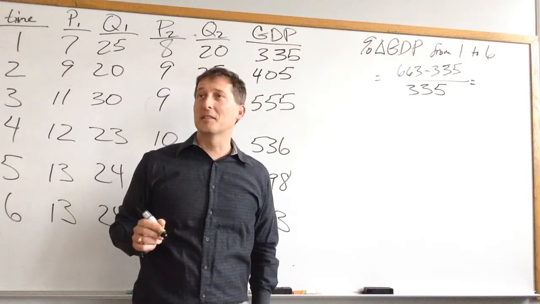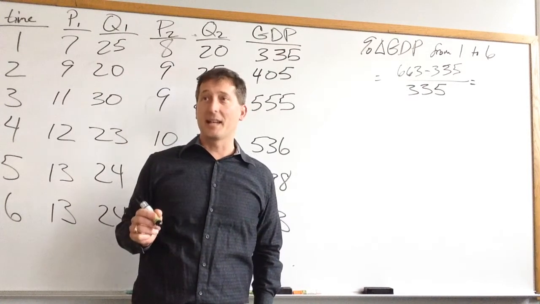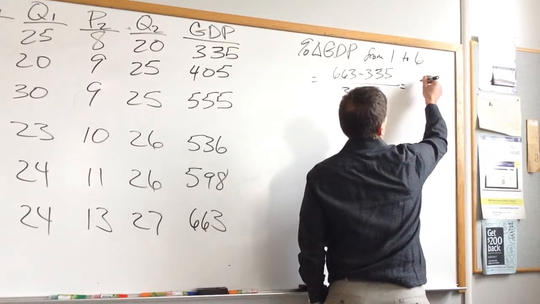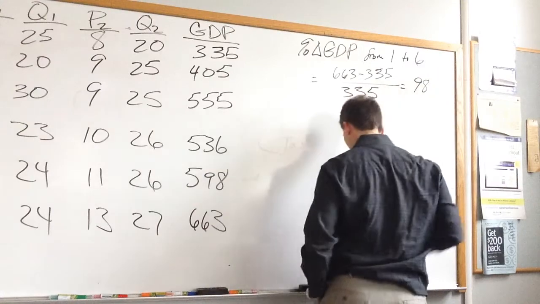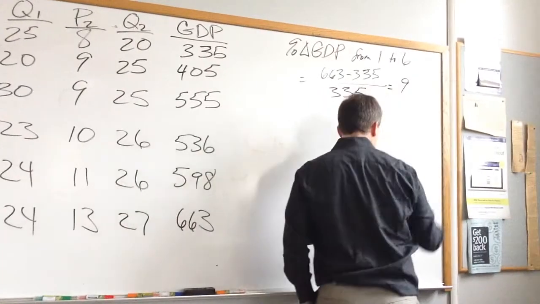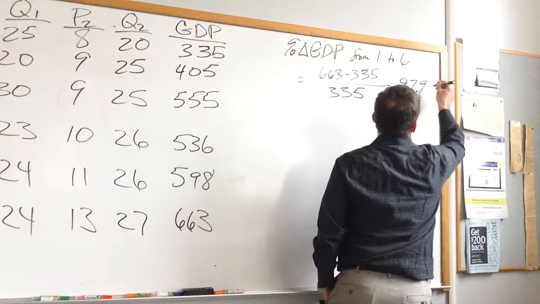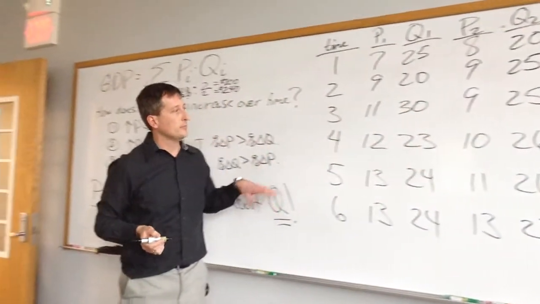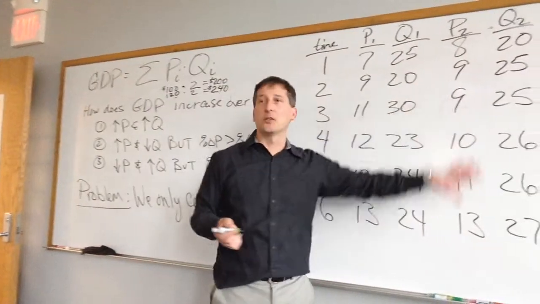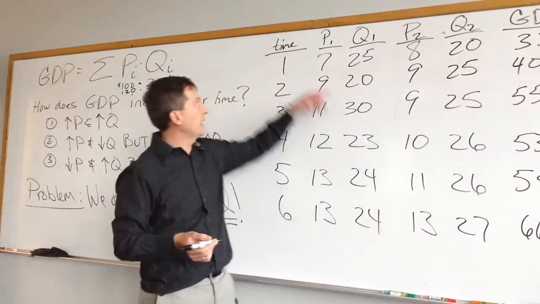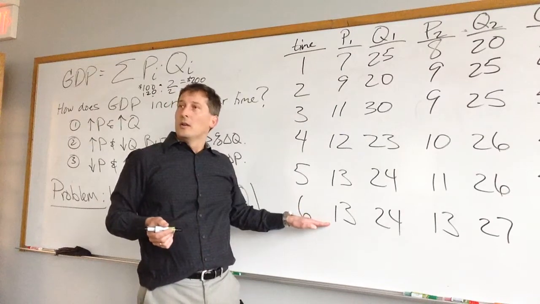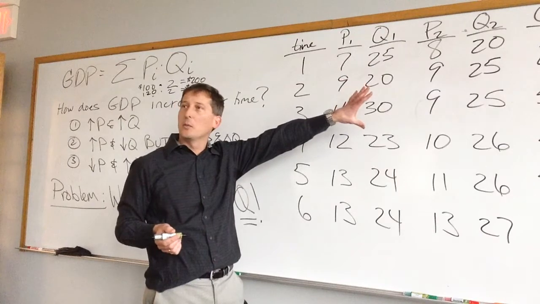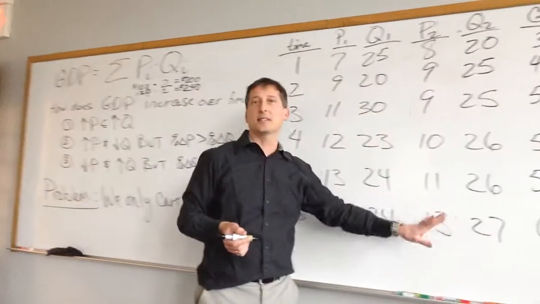It looks like it about doubled, so I'm okay with that. 98, I see some head shaking. Give me exactly what it is to two decimals. 97.9%. Well, that's pretty nice growth of the economy. Now, let's have prices over time. They went up. So part of that huge amount of growth that went on was due to increases in prices as well as